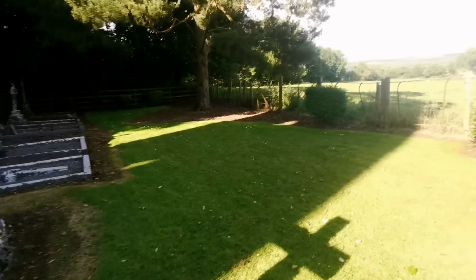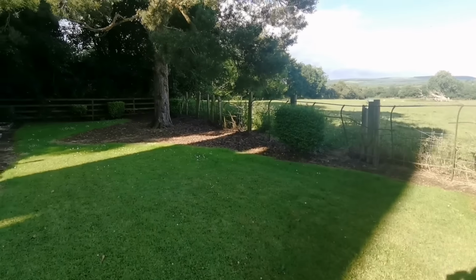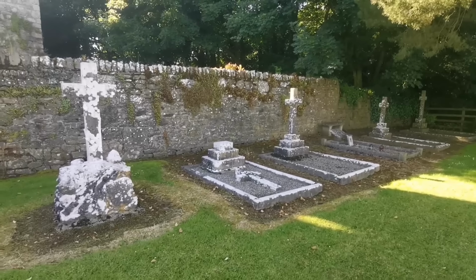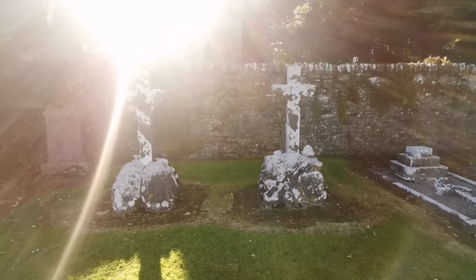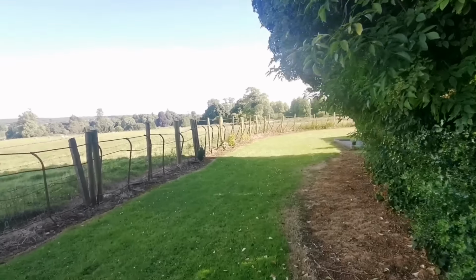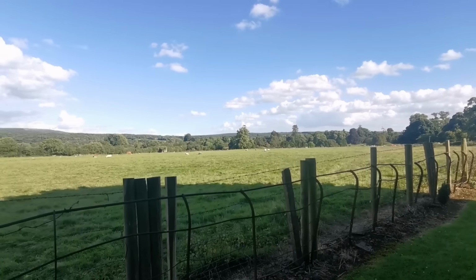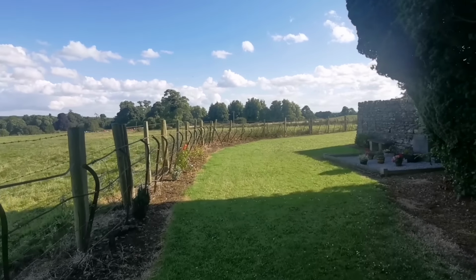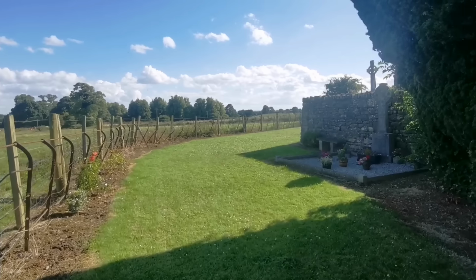And these people are buried in their own little area here in Kilfane. We can see all the beautiful crosses. And the church then is opposite the wall there on the other side. So guys, on this beautiful warm summer's day, I'm going to leave it at that. Interesting finds here